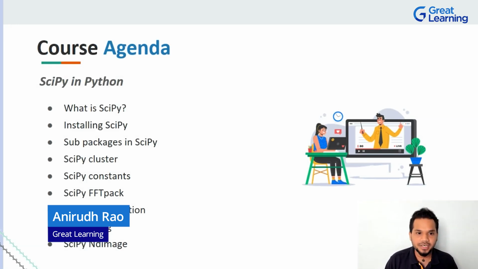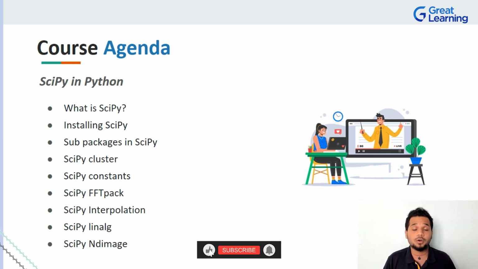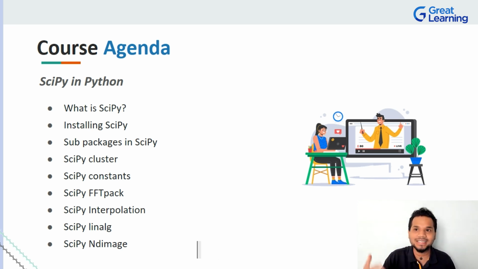Well, coming to the agenda for SciPy in Python, we're going to start this course by actually understanding what SciPy is. Now, ladies and gentlemen, whenever you try to attack a new library, whenever you try to understand a new library, it becomes very important that you take it really slow and understand it completely, because once you're clear with these foundations, once you're clear with what the library can do, and I'll be showcasing a lot of things about how things work here in SciPy as well, once you have these foundations cleared out, right, that's when you can start using these libraries for any application or anything that you want to build. So to begin, we're going to start by understanding what SciPy is.